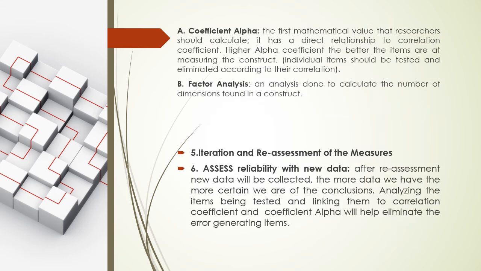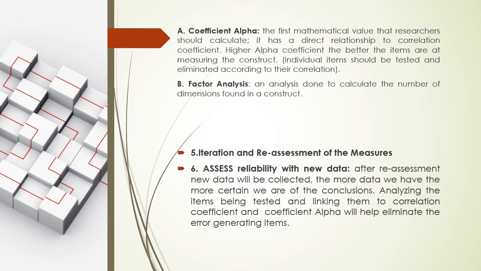Another mathematical value that researchers should take into account is the coefficient alpha, which is directly related to the coefficient of correlation. So we are hoping for a higher coefficient alpha because we would expect our values to be intercorrelated. The third value that researchers look at is the factor analysis, which is a number of dimensions found in our construct, which is very important to analyze because we have to make sure that all layers of our construct are covered and researched through. So this step is going to help us eliminate all the items that do not serve